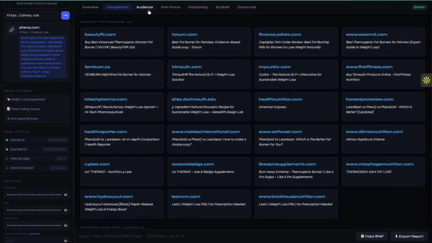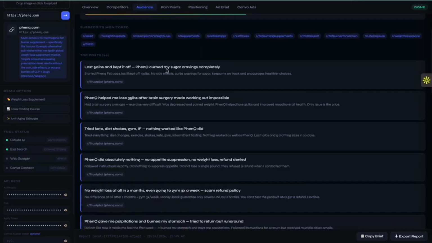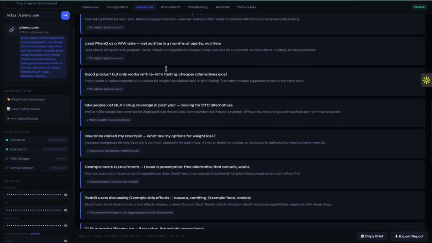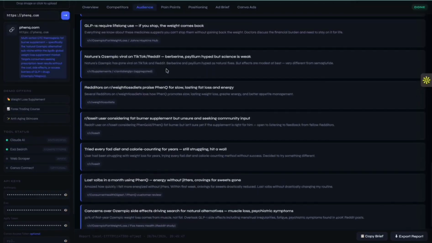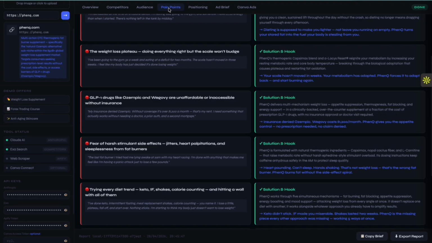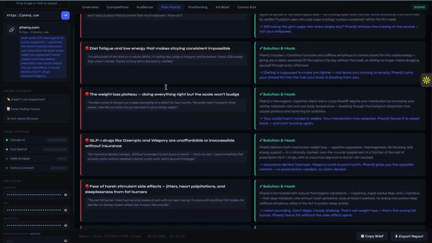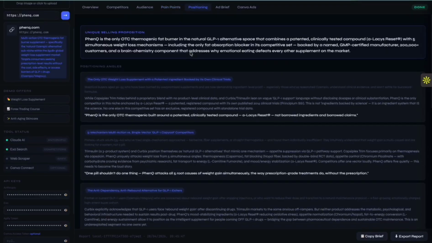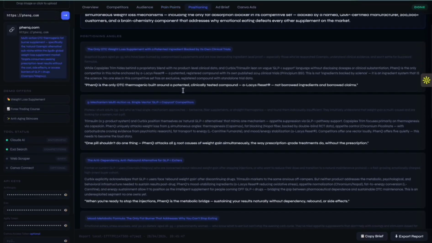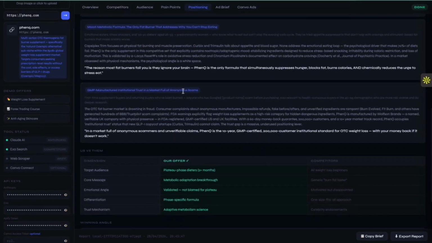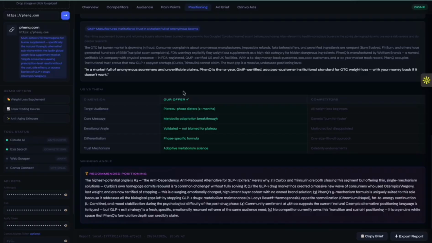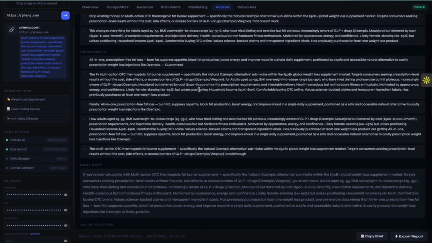And as far as the audience is concerned, it gives us whole audience insights and research, the pain points of the audience and a solution, and the hooks to be used in marketing, and positioning angles, the angles we can position the brand, that are going to work according to research, and what is working for the competitors, and some ad briefs.